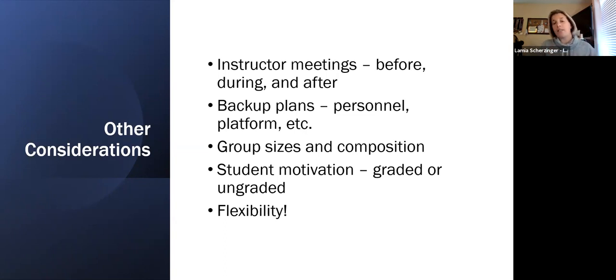The group sizes and composition. So for example, the students from Venezuela, while they do know some English, it's obviously not their first language. Sometimes the exact translation of words aren't perfect. And so I wouldn't want to put one Venezuelan student with 3 United States students. It would be too overwhelming for them, right? They would feel like they don't want to talk because their English isn't great. So what we needed to do is really make those groups fair and ensure that they're not feeling overwhelmed.